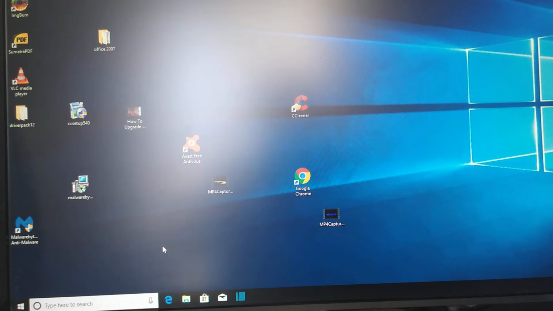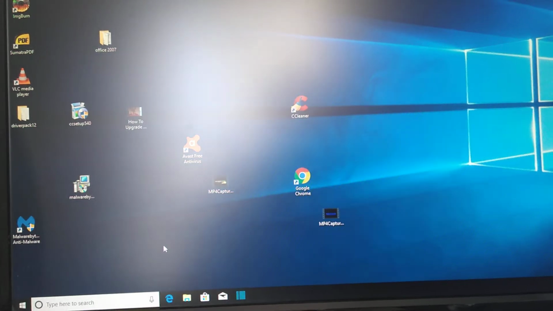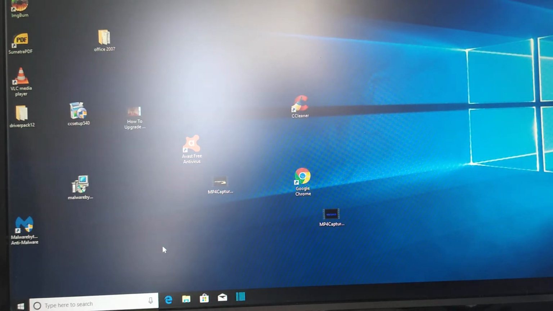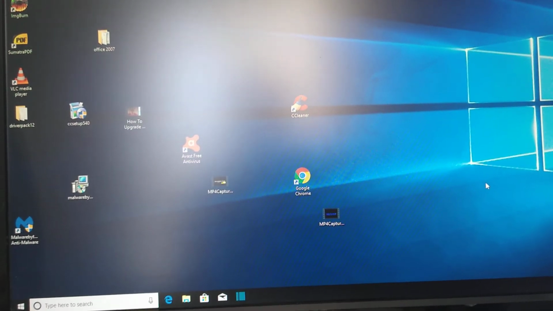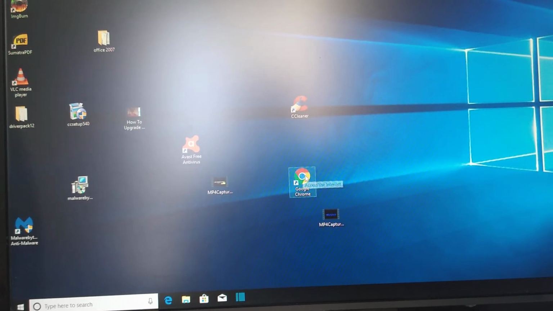I'm also going to show you how to clean your Chrome browser, which is a very important thing to do. After you do this, you clean your Chrome browser. I recommend people using Chrome to search the internet. And then I got my Google Chrome right here. So you double click on Google Chrome. Once that opens up,